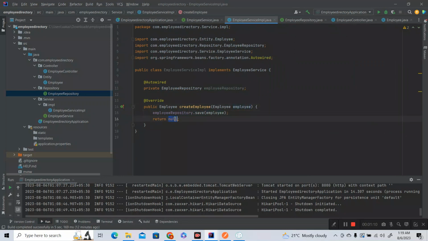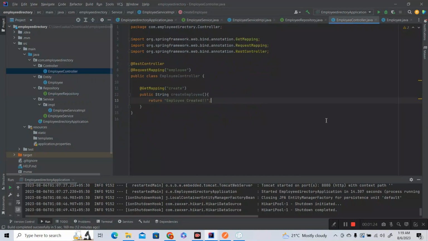Okay, and after that we will just return the entity only, employee. That's it, right? Yeah, that's it. That is the service layer implementation. And so I'm going to go back to the controller layer,